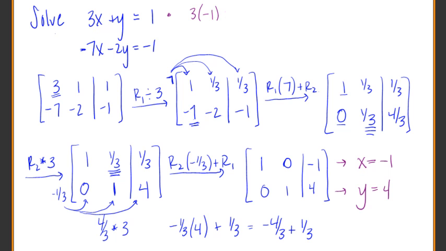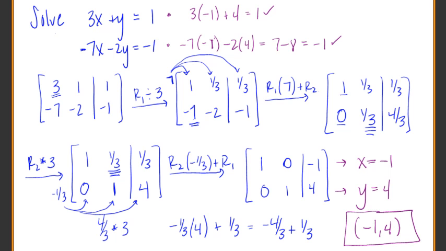negative 1 plus 4. Well, negative 3 plus 4 equals 1, so that checks off. Let's come down to the second one. Negative 7 times negative 1 minus 2 times 4. Okay, so that's saying basically 7 minus 8, which is negative 1, and that one checks off. So our answer is x equals negative 1, y equals 4, if we want to write it in coordinate form. Remember, this is where those two lines are crossing, and that'll be my answer, specifically using matrices and